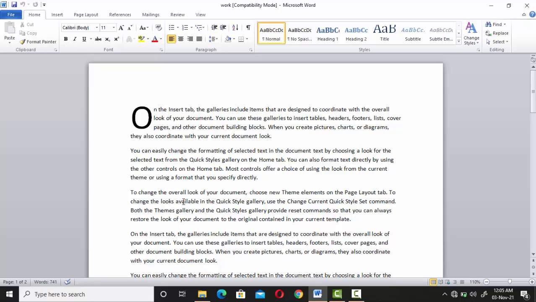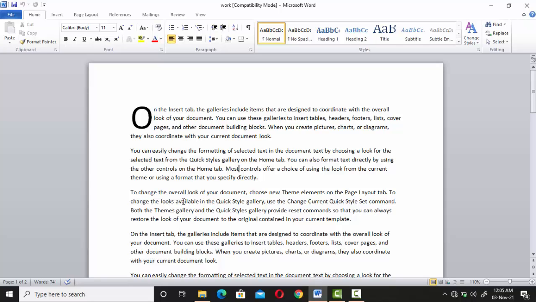In this tutorial, I will show you how to save your MS Word file as a PDF file. If you want to share your documents with a large group of people and you do not want to change anything in your documents, then save your document as a PDF file and send it to everyone. They cannot make any changes in your document.